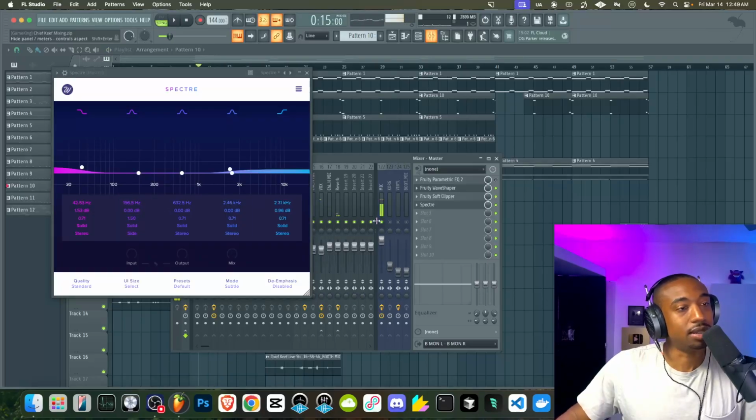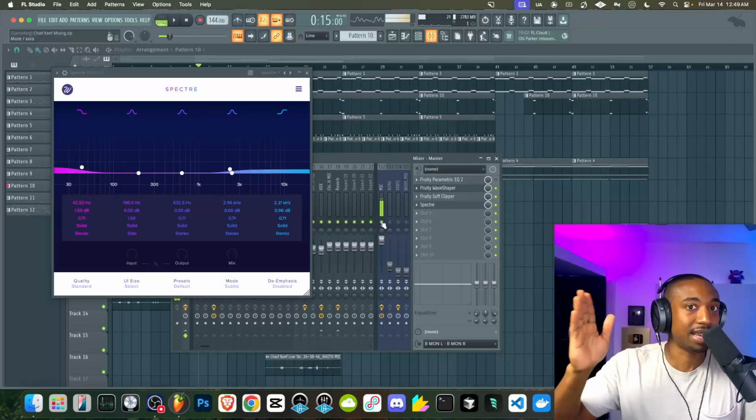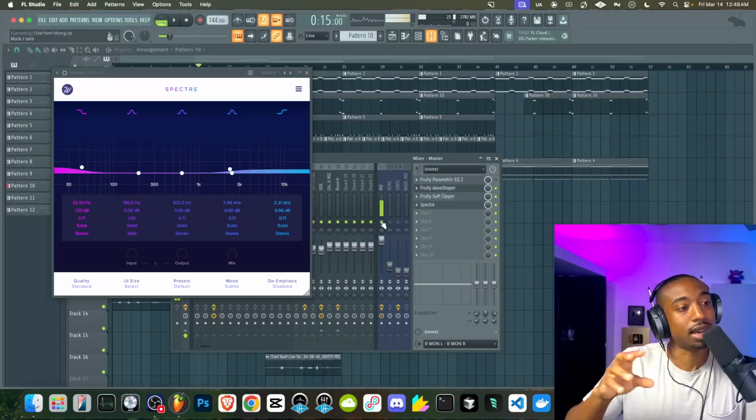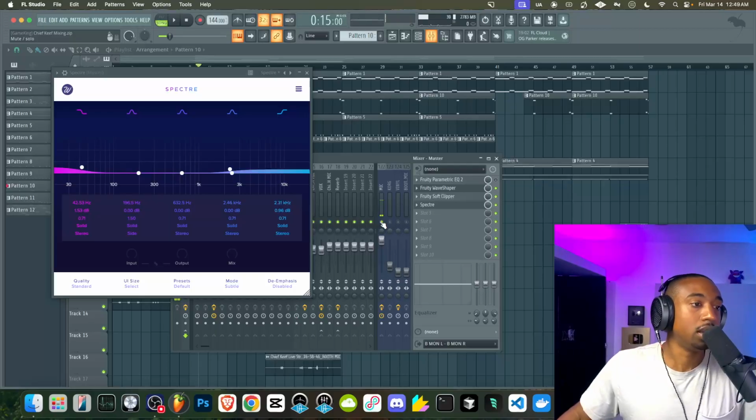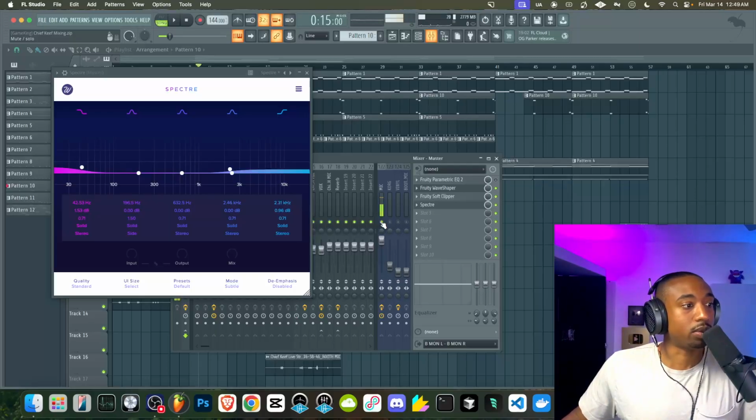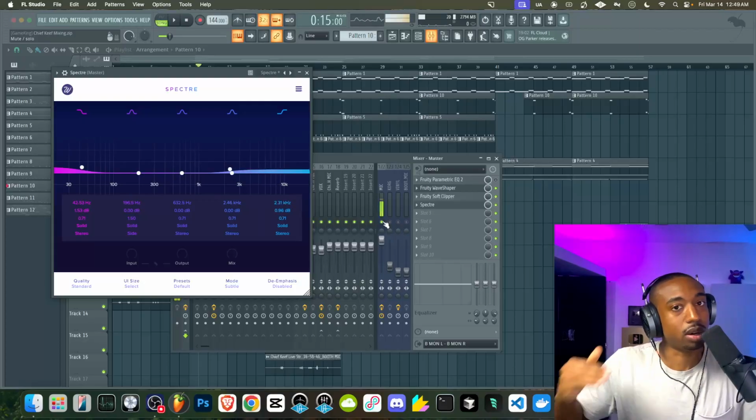So the side is the difference between your left and your right ear. When you hear mono, that's when something is the same in your left and your right ear. So the side is the difference between the two. It's the same way when I recorded 3 takes, one's different from the other. That's what creates the width. So that's what we're doing here. We're switching this to side mode and boosting on the sides to create a warmth on the side.